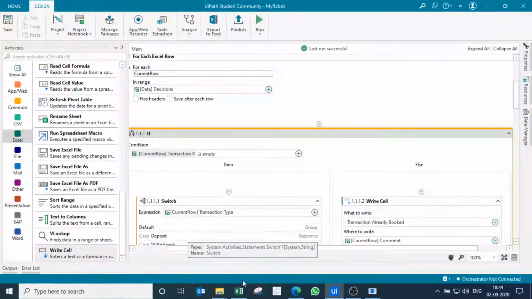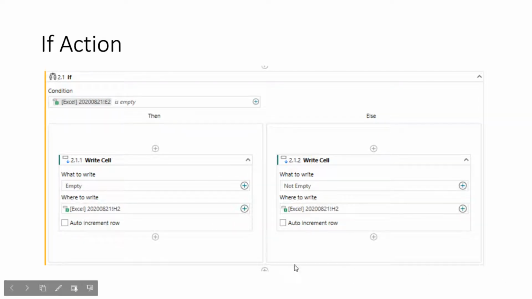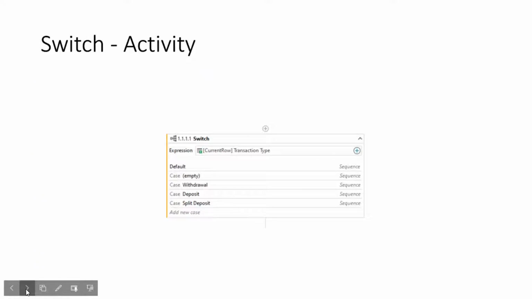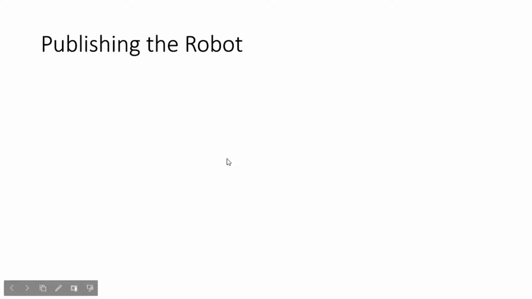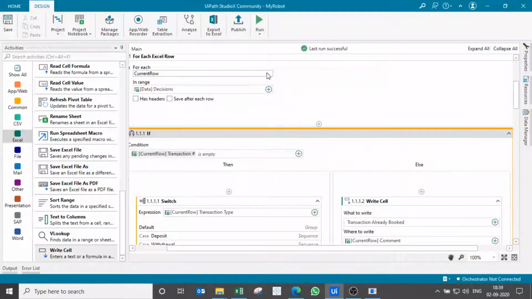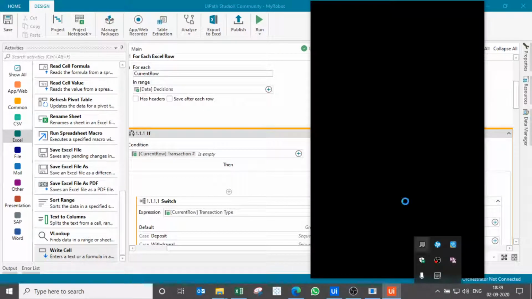Now, so far so good. We have made our project successfully, and we have tested it. Everything went right, other than there was an error, and we have noted it and put things right. Now, how to publish to my robot? As you see, we were using this debugger. This is a debugger for testing and development.